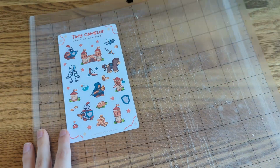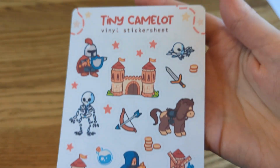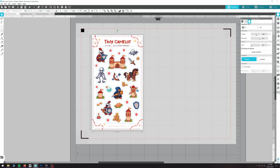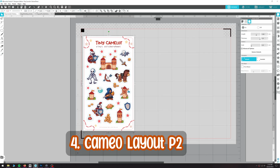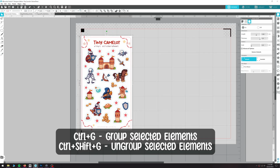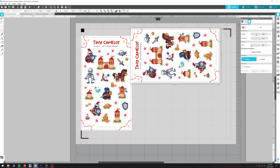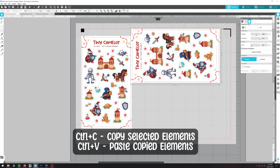So I'll go and prepare the rest of the file for print, where I will have 3 copies of the sticker sheet laid out on the one sheet. To do that, I just make sure that my elements are grouped together using Ctrl-G, which binds them all together, meaning that if I go to drag one around, it'll drag everything together and not separate them by accident. And then I just copy-paste, Ctrl-C, Ctrl-V, until I have 3 of them in total,